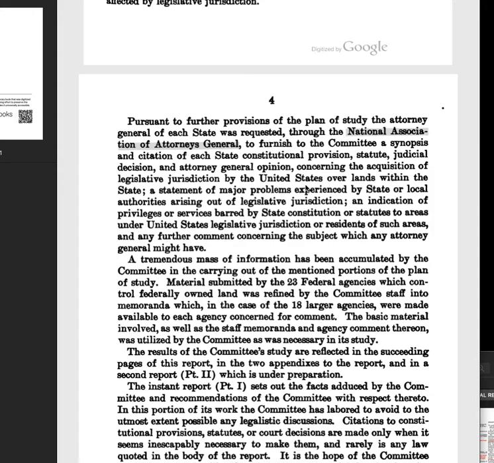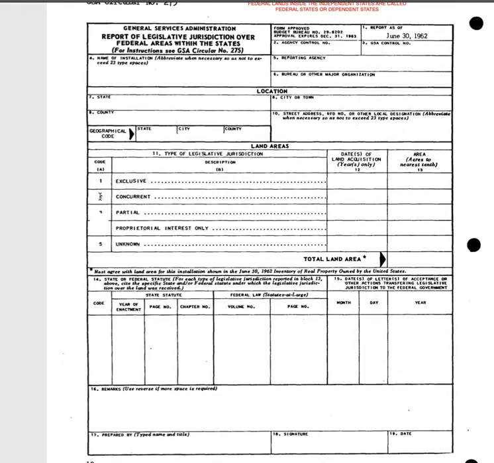So what this is saying is that there were problems between the federal government and each of the states, because each of the states wrote their jurisdictions a little bit different. Each state contracted with the federal government to give up some jurisdictions: concurrent, partial, proprietorial, unknown. They're all annexed under this jurisdiction, the exclusive jurisdiction over the federal areas for military purposes or defense with a C. But the rest of this, Code 2, 3, 4, and 5, are a variety of jurisdictions between the state and the federal government, which doesn't necessarily include the inhabitants.